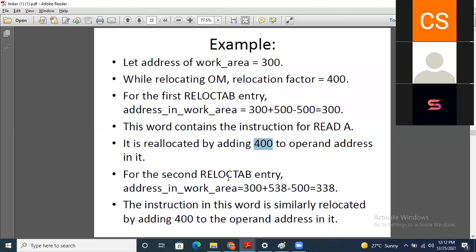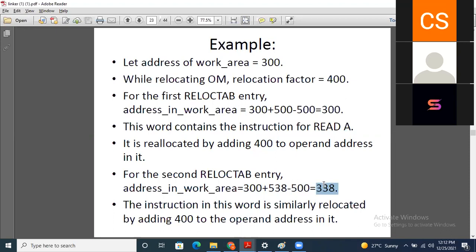So for the second reloc tab entry, you can calculate it as 300, which is the work area origin, plus 538, which is the address of symbol A in the first program, minus the origin of that program.